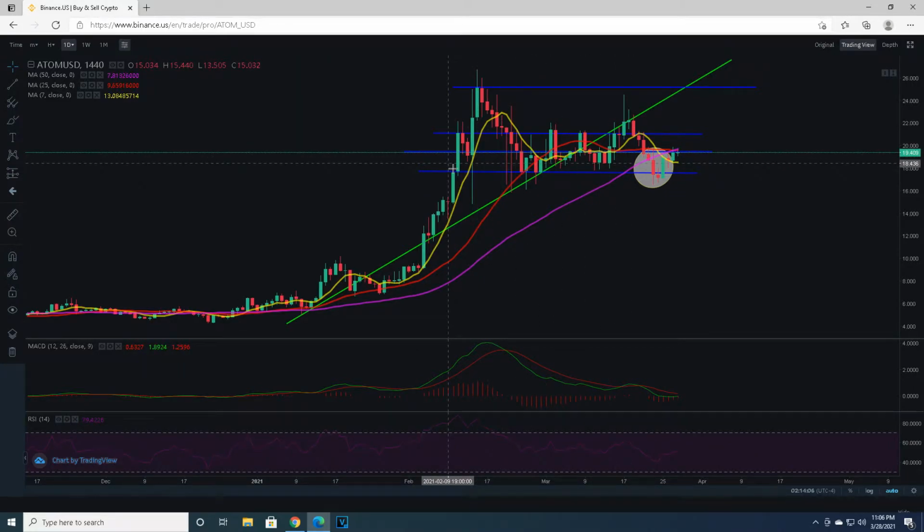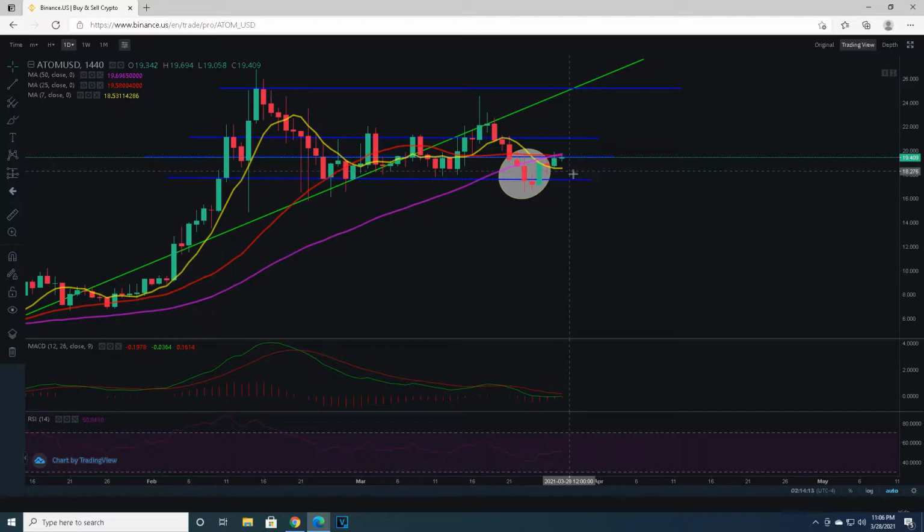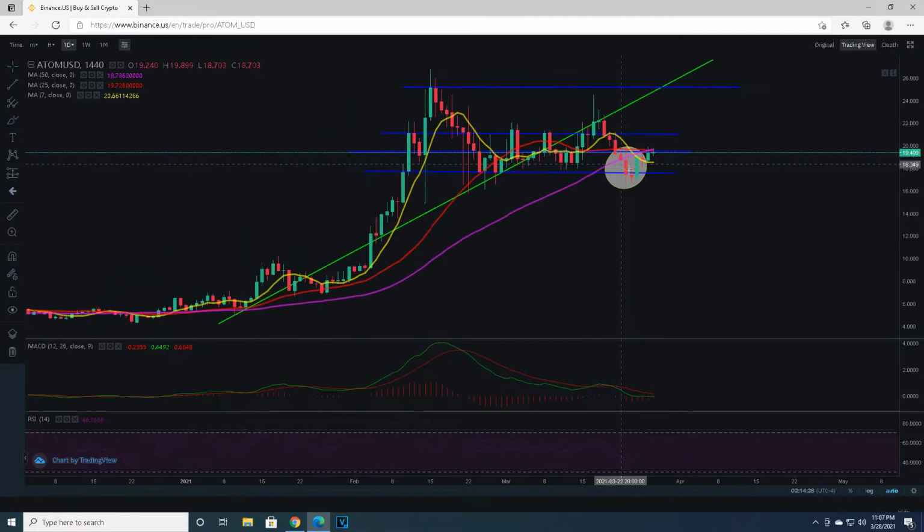And you'll find that a lot of these coins that we're going to look at are currently sitting on a support or resistance line. And you'll see them either in a point of indecision, either in a doji, or they're going to have either touched it and bounced off, or came down and touched it and they're going to rise off of it. Either way, ATOM, this is one that is going to be a high risk, high reward. I highlighted this area here